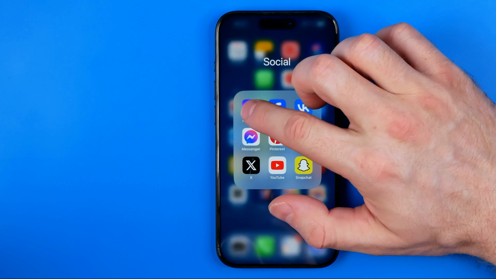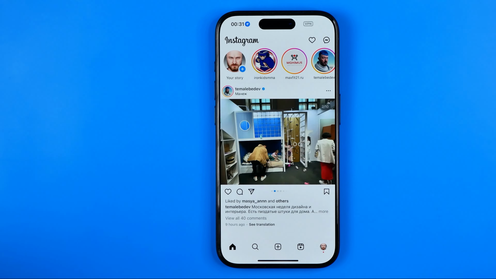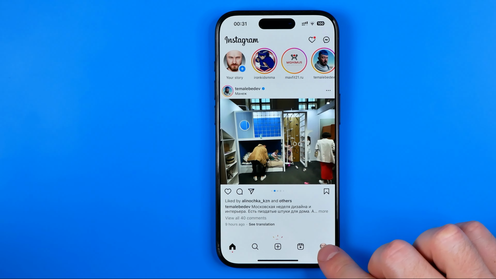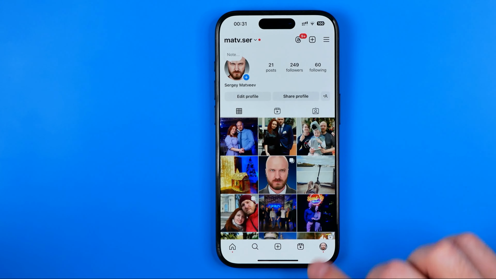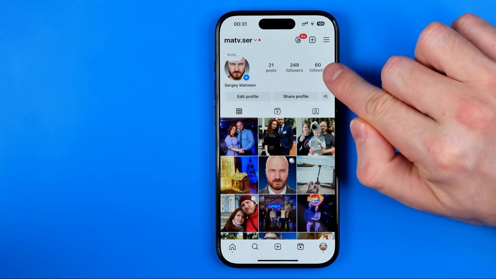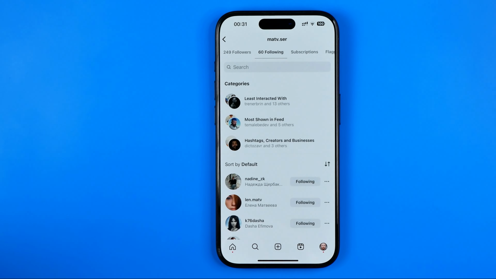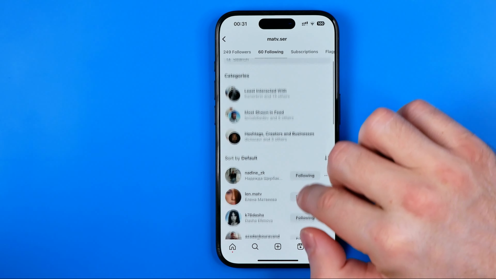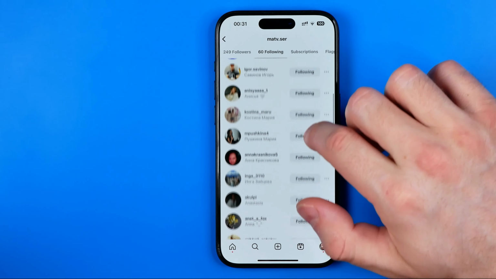Let's get started, guys. First off, we need to open up the Instagram app and then just tap right here at your profile picture to head over to your Instagram profile page. Now here at the top, we need to tap on Following, and then we need to search for a person